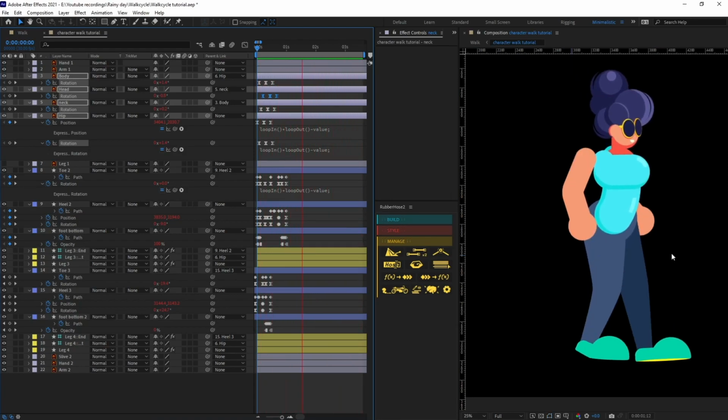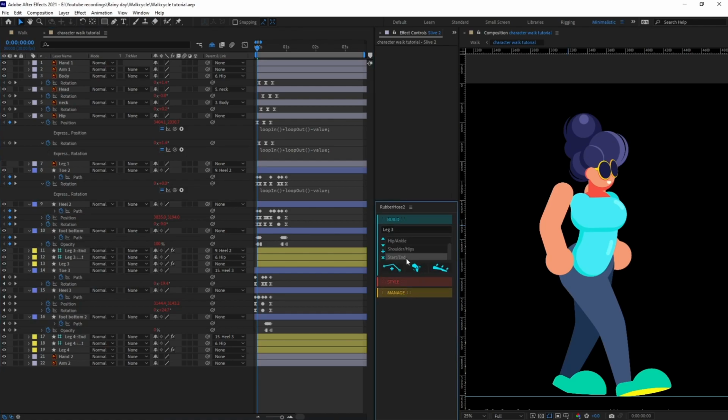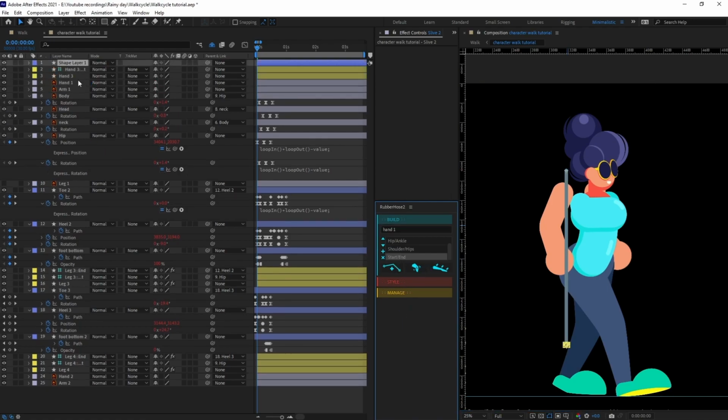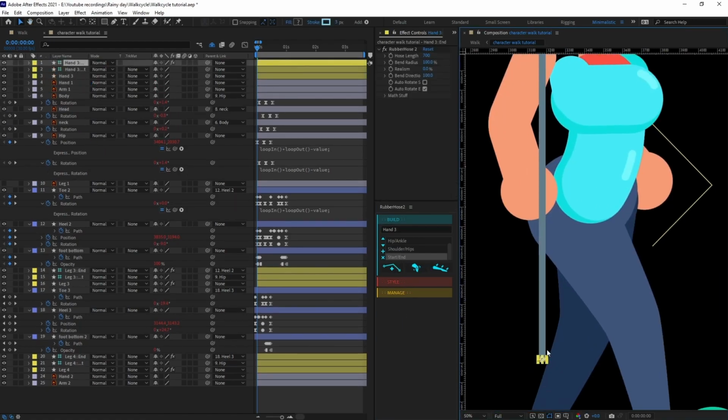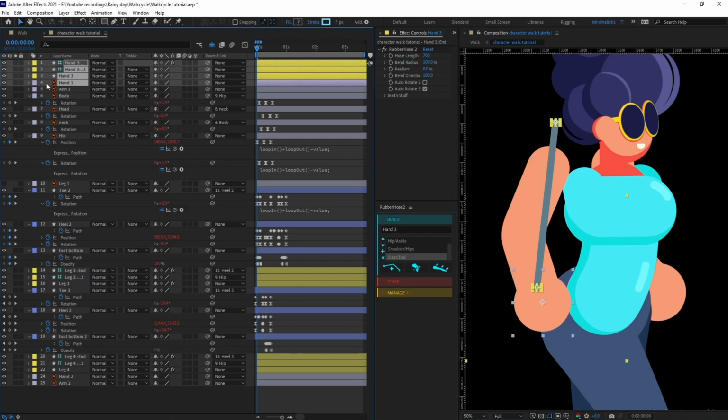So now we are going to do the same for the hand as well. Let's animate the hands. So let's add another hose over here and name it hand 1. And we are going to put it over here, and let's adjust the position with respect to this hand 1.